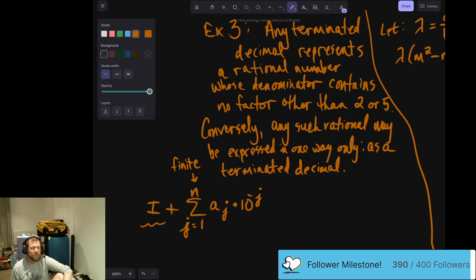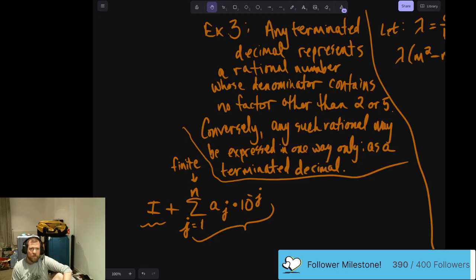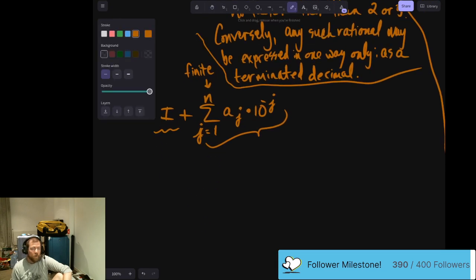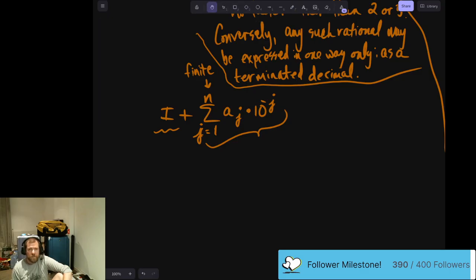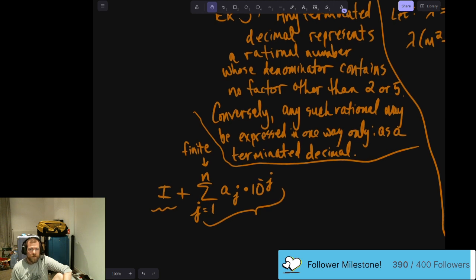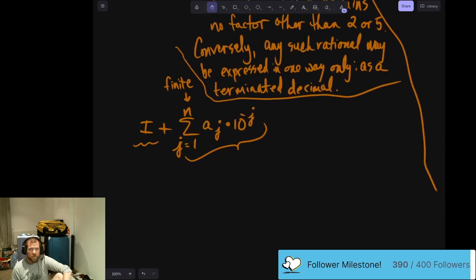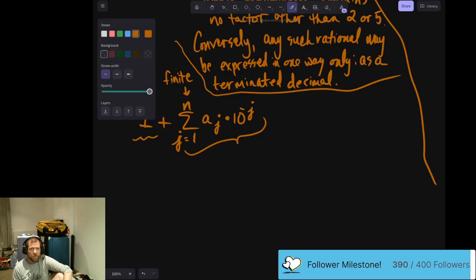Okay, so rigorously, we can at least say that this whole section here could end up being whatever number it is. Hang on, what does it want? It said represents a rational number whose denominator contains no factor other than 2 or 5. Yeah. Okay, can be expressed